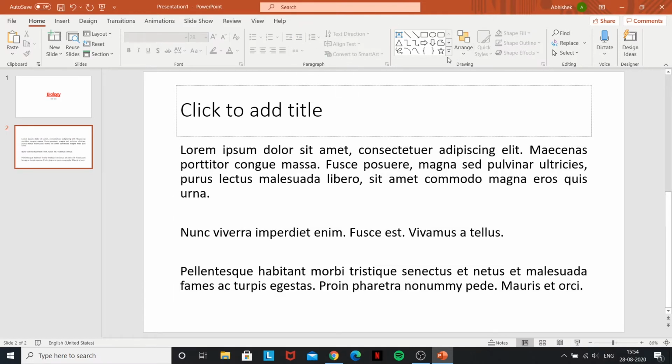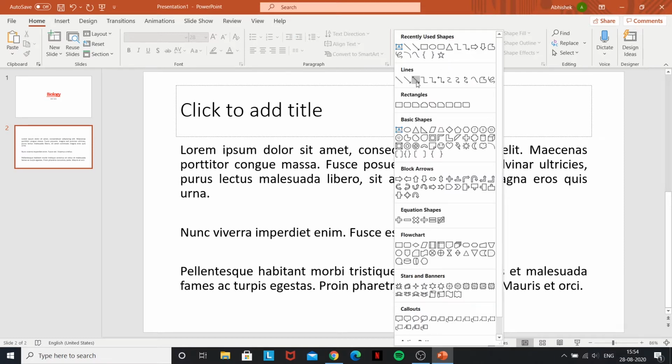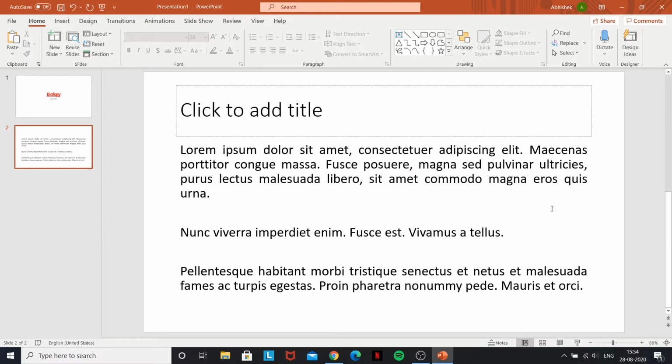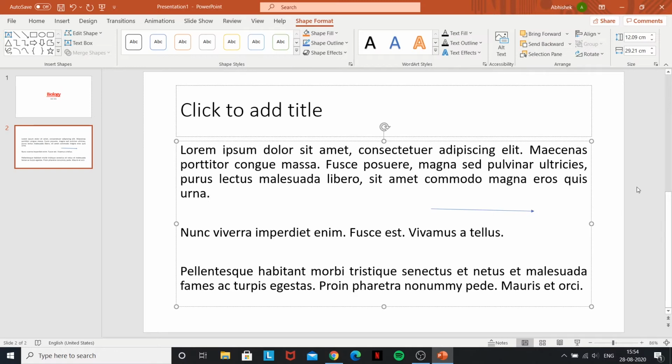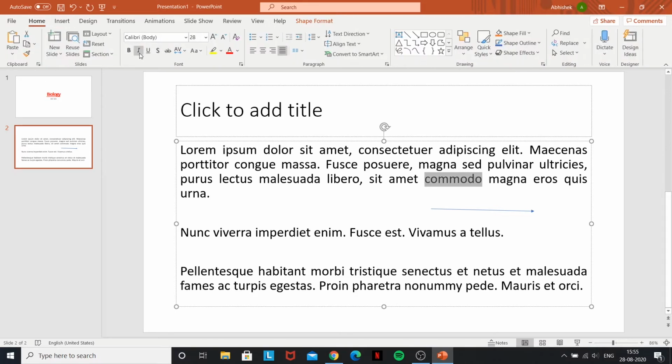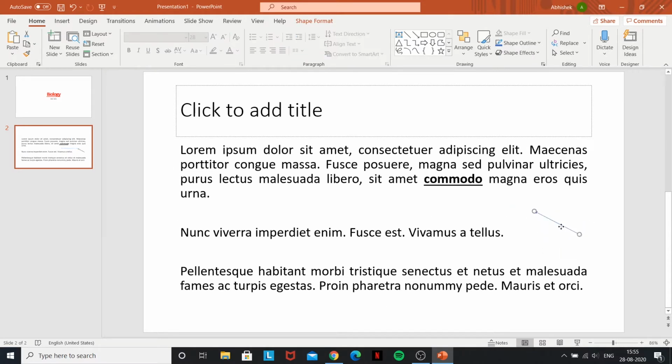Now here are the drawings, so you can add any type of shapes or basic arrows or equation shapes like this. Maybe if I insert a picture, then I can create an arrow that will point at something in it. Or say this is an important point, and I want to make sure that it's visible to everyone, then I can do that. And I can just shift this arrow to point at it. These are all aesthetic tools, basically to make it simpler and easier for people to look at.